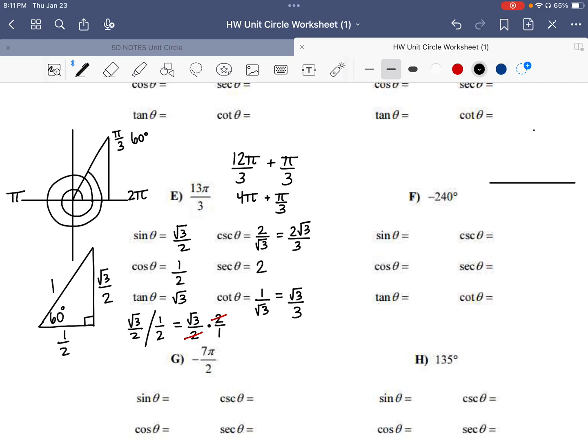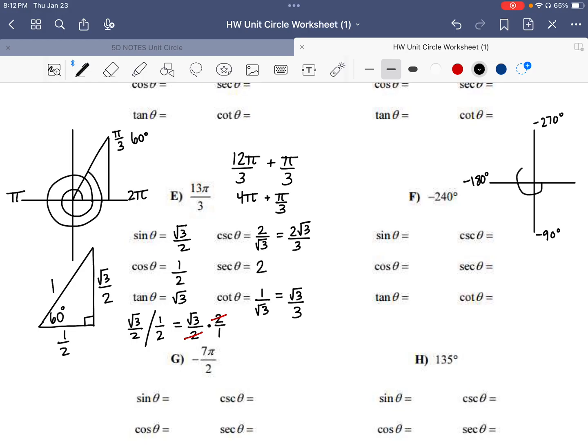So notice I haven't looked at my unit circle once. I'm using the skills we have already learned from this unit. This is negative 90. This is negative 180. This is negative 270. And then this would be negative 360. Okay, negative 240. Well, that's going to be 30 degrees away from here. So that's going to be